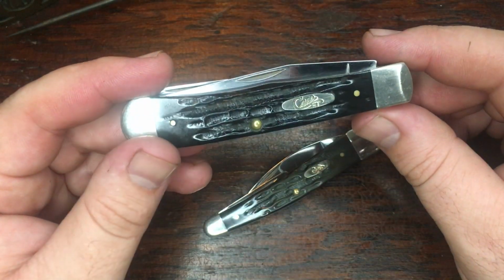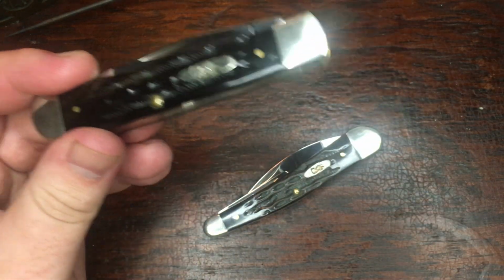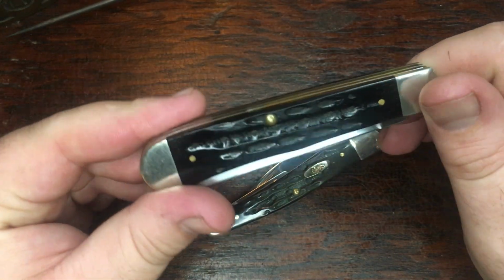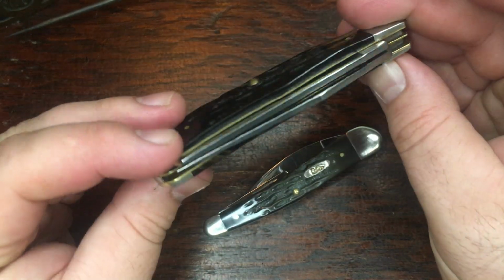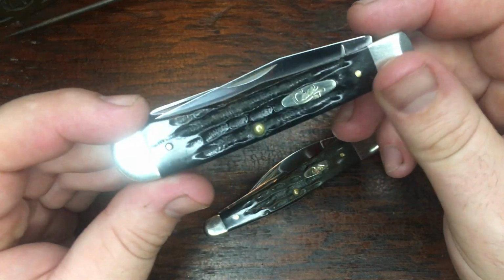And I thought he was fixing to tell me he wanted $100 for it because it's buffalo horn, and he handed it back to me, and he said, "Oh, I'll do 40 on that one." And I said, "Okay, I think I'll take that." And I jerked out the money, gave it to him, and took off with this beautiful knife, and was tickled